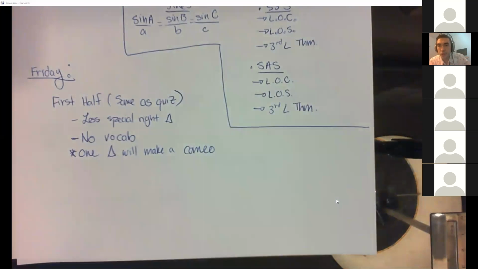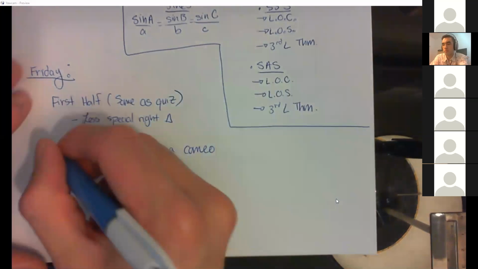That is to say, look over your quiz, and if you know how all of that stuff works, then one of the questions on the test will be free, because one of the questions on the test will be the same as it was on the quiz. For the second half,